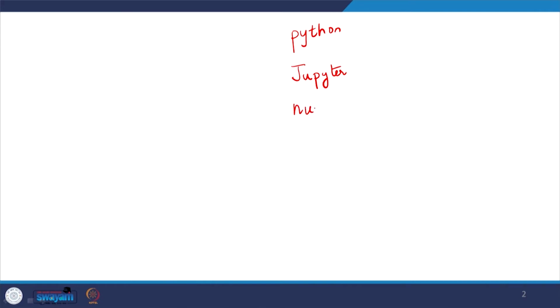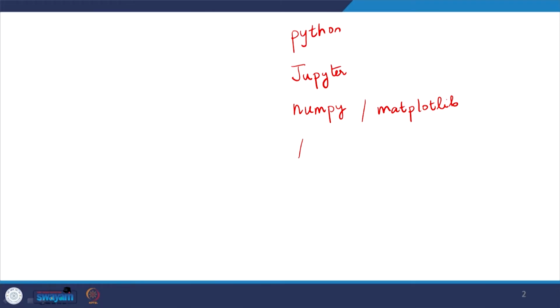The libraries that I would be using are NumPy and Matplotlib, but there are a whole host of libraries like SciPy and all that. So it's better to get an installation of Python. One of the packages where Python comes packaged with all these libraries is the Anaconda package.